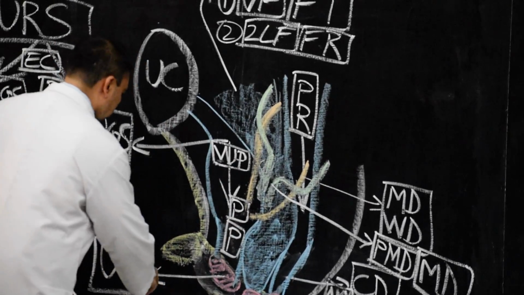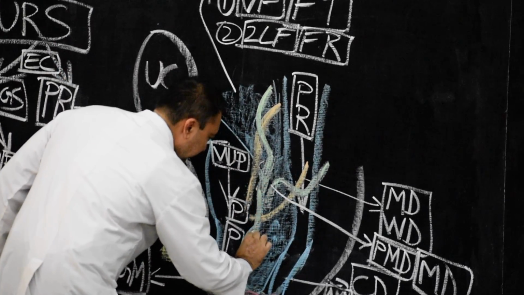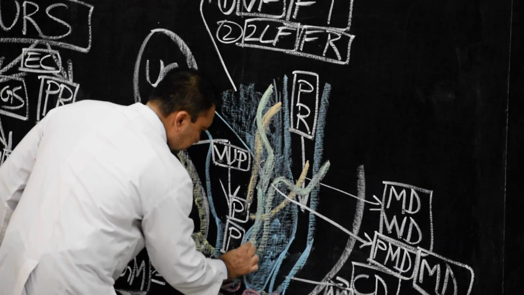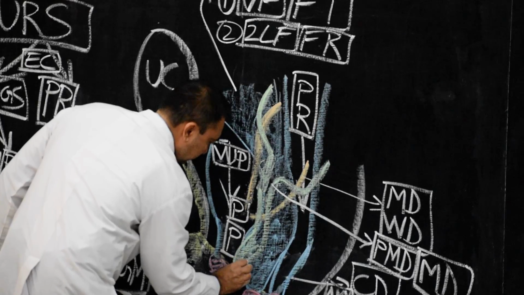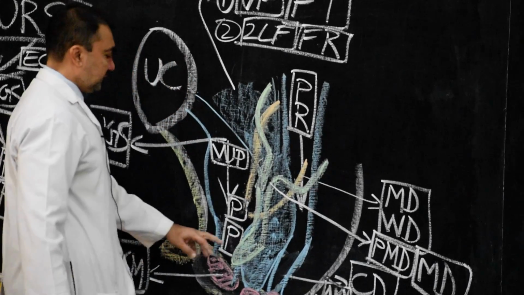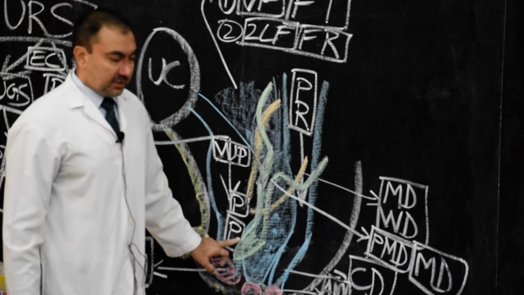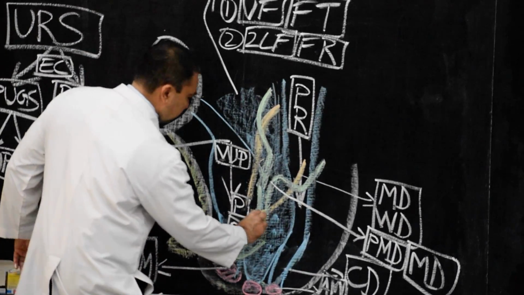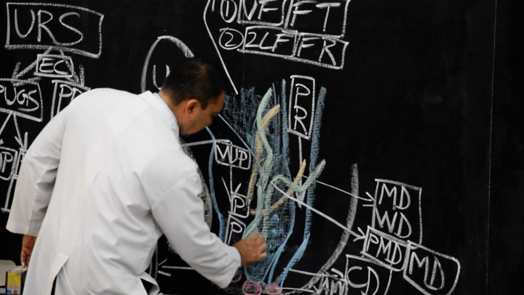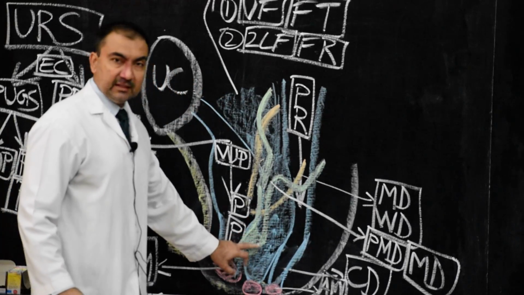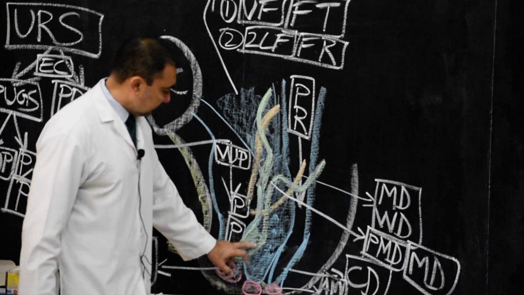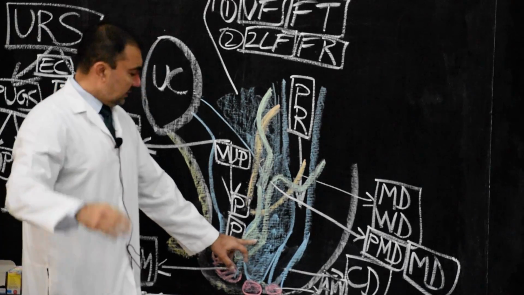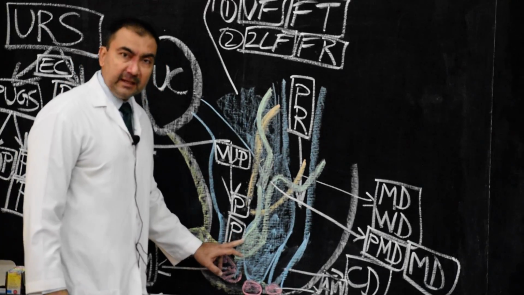Therefore, we are going to draw the two paramesonephric ducts. See here, this is how they are opening here. This is where we show they will open in the dorsal wall of the phallic portion. Very simple, where we are going to show how they form the Mullerian eminence. These two paramesonephric ducts, their caudal end will form Mullerian eminence. This is Mullerian eminence, but they will open in the dorsal part of the phallic portion.